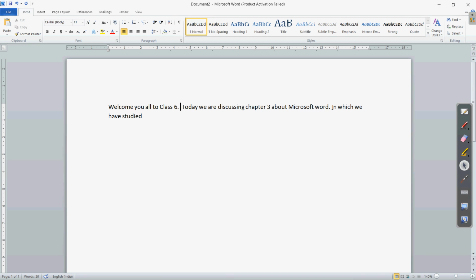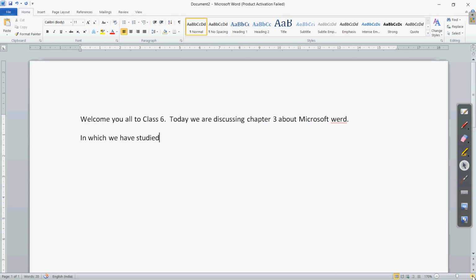If you want to change the line here only, you can bring the cursor, that is the insertion point, and press the enter key. So automatically now the text will come to the next line. Now if I write any spelling mistake, like if I write here WERD, so here you can see this is the spelling mistake, so that is why it is showing you the red mark.